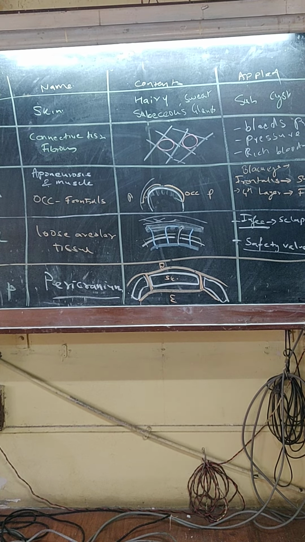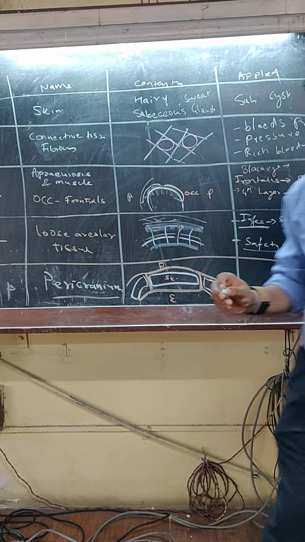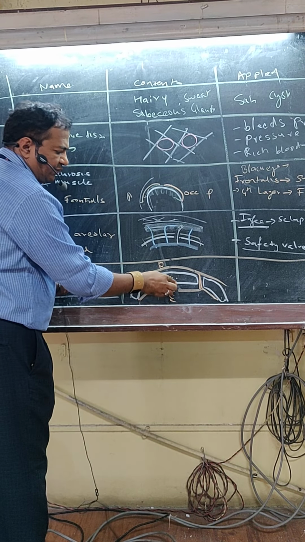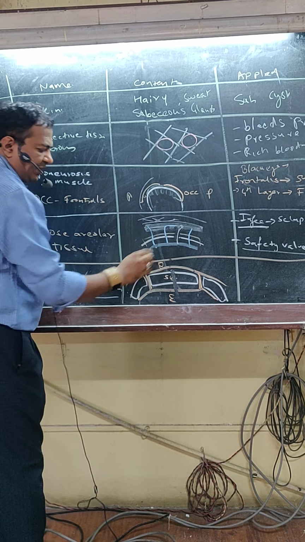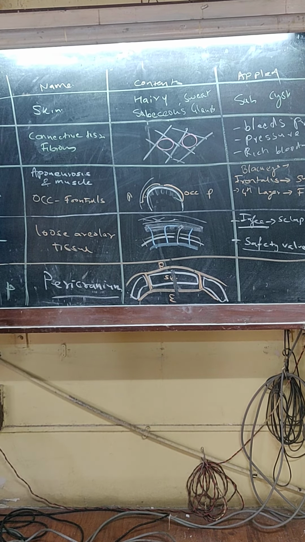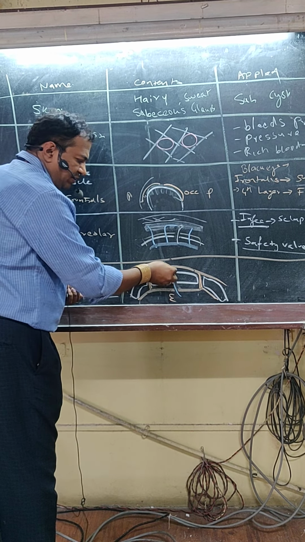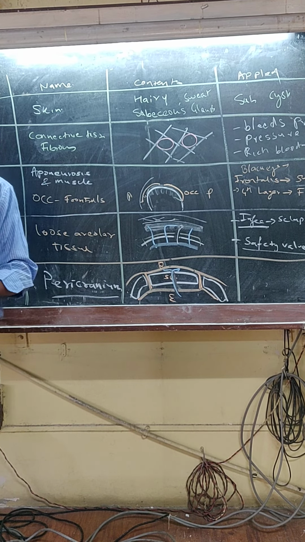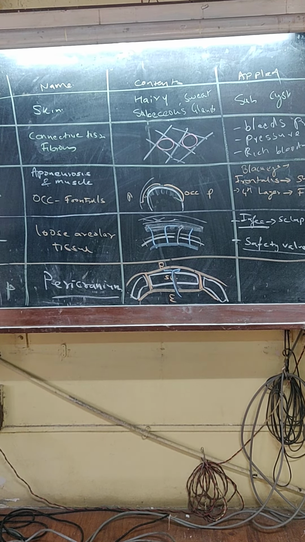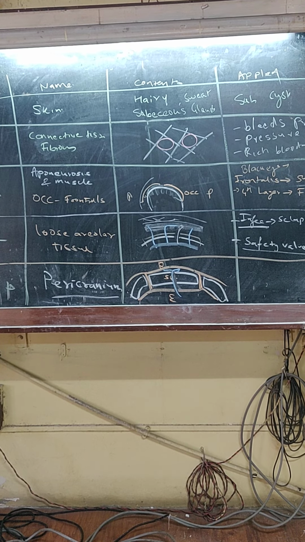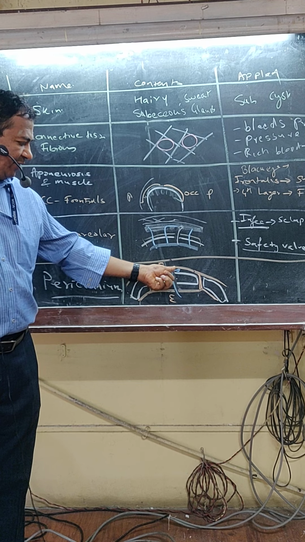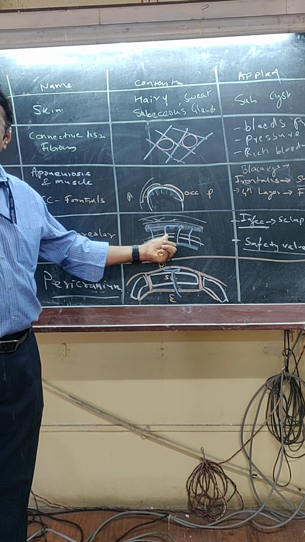Now the applied anatomy. Suppose there is bleeding inside, there is a fracture of the skull, but the pericranium is not torn. So the blood will come and accumulate between the pericranium and the skull. Such swellings take the shape of the bone. Suppose it is in the parietal bone, then exactly the parietal bone will be swollen, because blood is accumulated between the pericranium and skull. So here what had happened, the fifth layer was also torn.